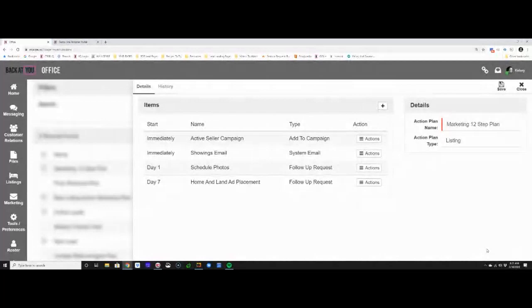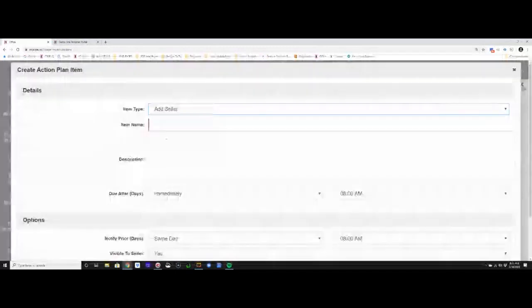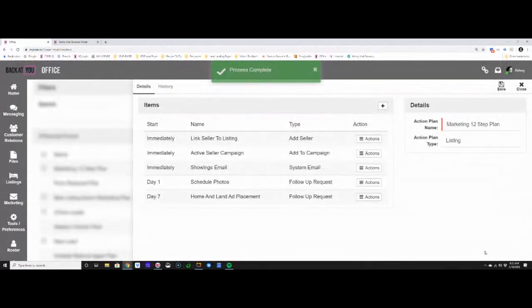It's content you create, you make the campaign, you set it, you forget it, you add it to an action plan so that you don't have to remember to go in and add your sellers. Now, there is an action type in here that I do want to talk about, and that is adding your seller. So you can link your seller to a listing. We are pulling from MLS,